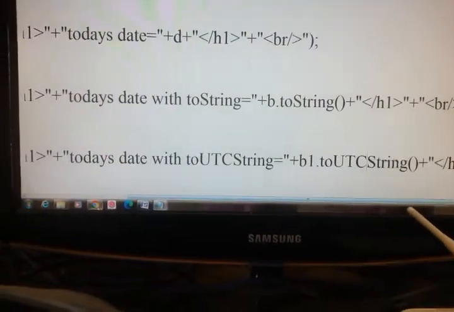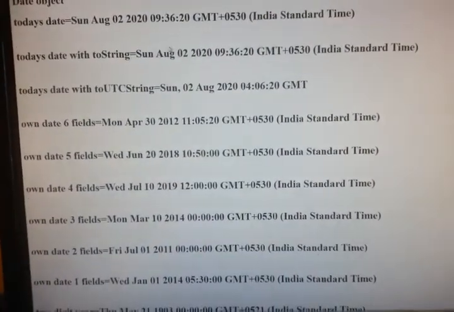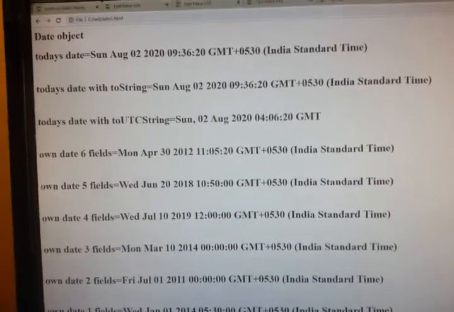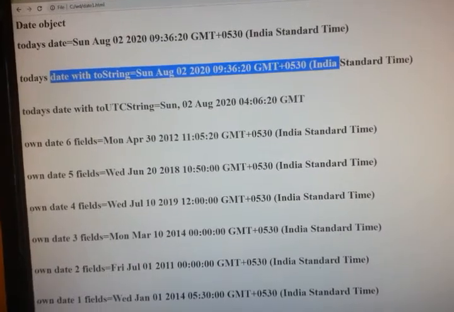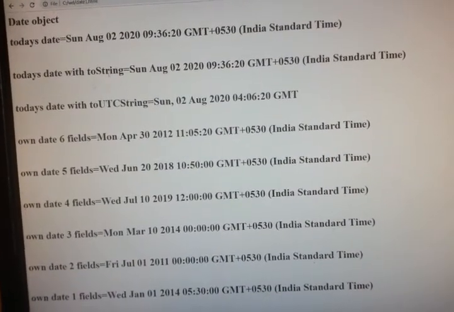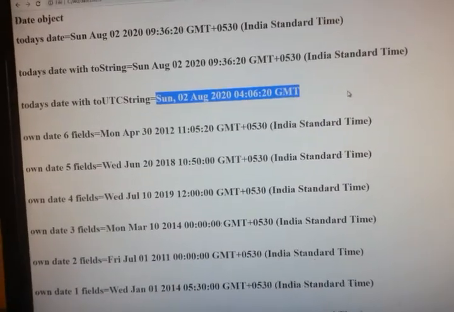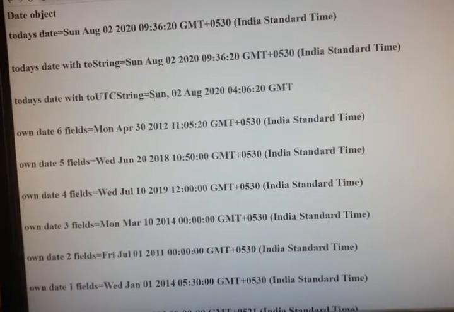Save, just rerun. So this is the normal string, this is toString, and this is with UTC string. So this is the universal time.